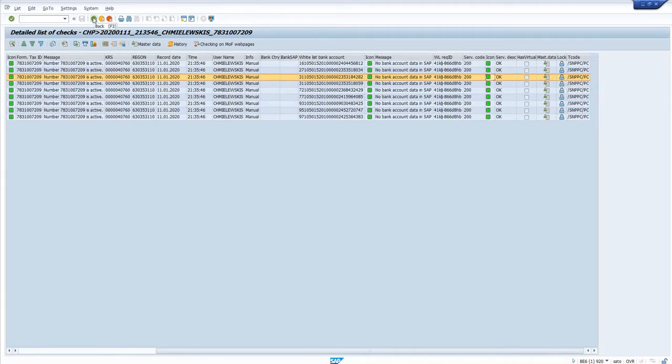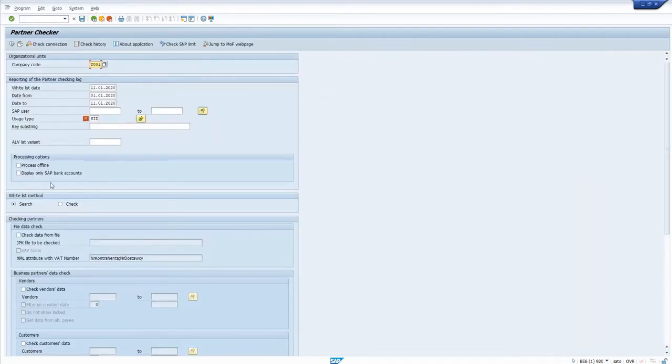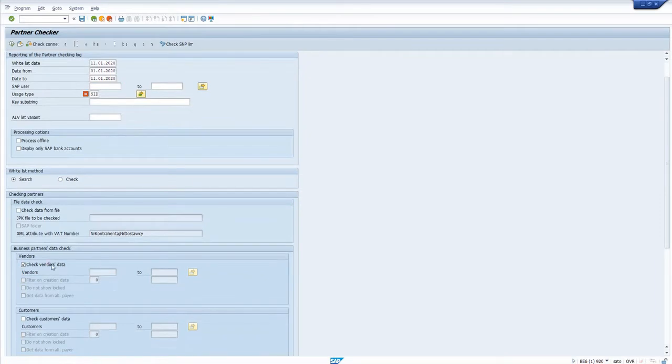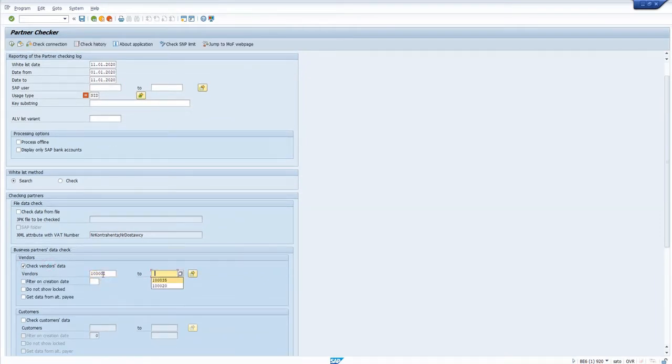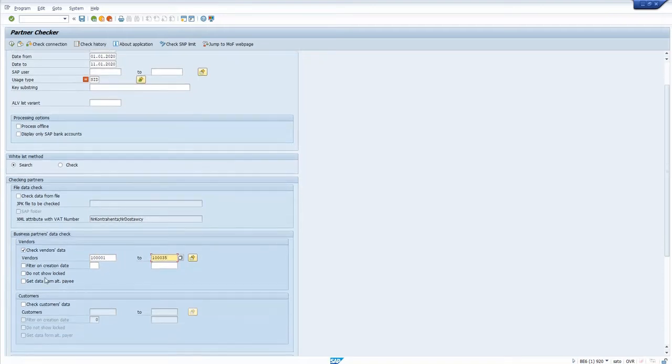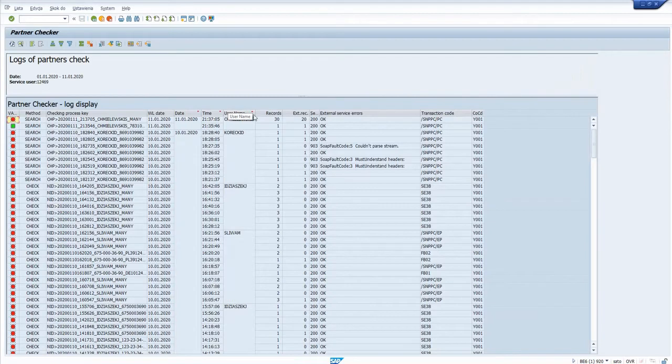But let's just take a look at our vendors. Let's create some simple selection, and let's get alternative payee information. Here we go. I'm going to execute this. So as you could see, there are 30 records to be verified. However, externally there is only verification of 20, because maybe something is not correct with the master data of my